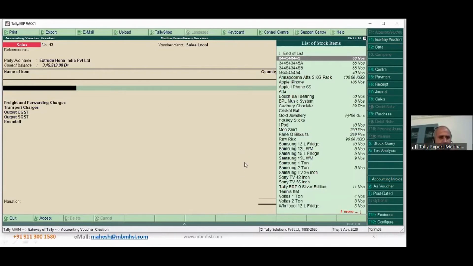Right? Okay, show the chart again. Is this the chart, Dinesh, you are looking at? List of stock items?